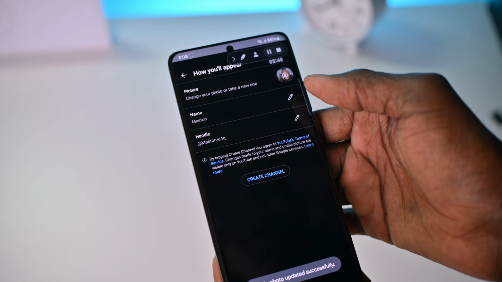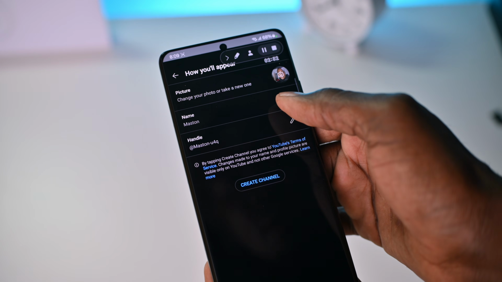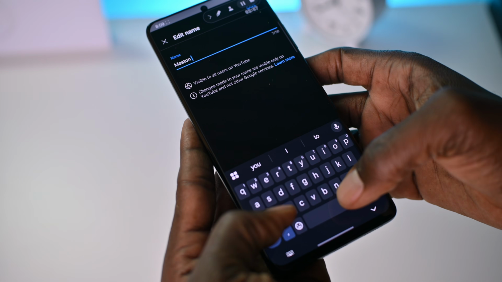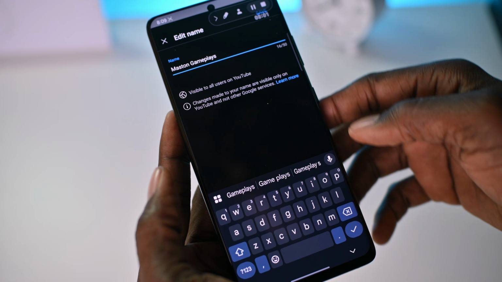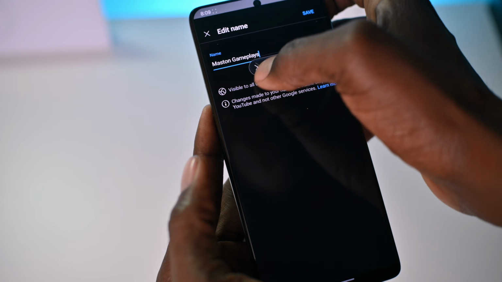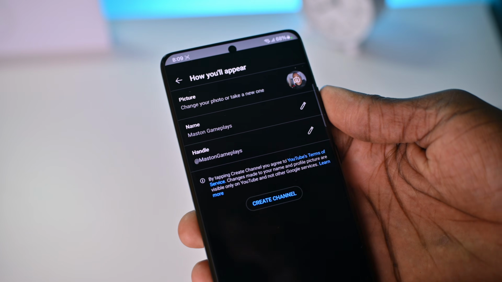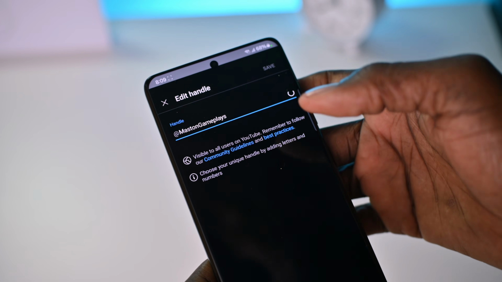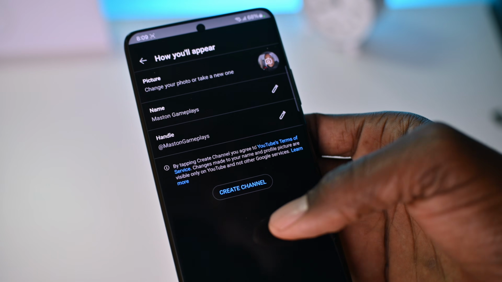I'm gonna call the channel Marston, and it's already suggested a handle for me, but let's just say Marston, maybe gameplays, right? That's it. Let me just move that and just click save, and the handle I can say Master Gameplays. It's already done that, so let me see, click save, and all I have to do right now is just